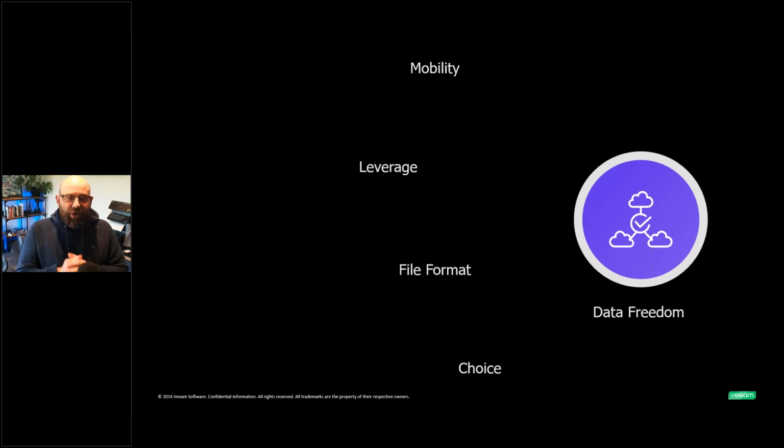And it comes down to that, what is the choice there? It comes down to people not knowing where they're going to be in a year's time from an infrastructure point of view, maybe in life, maybe in careers, but it comes down to choice. I don't know if I'm going to be on vSphere in 90 days' time or 900 days' time. I don't know if I'm going to be in the cloud. I don't know if I'm going to be here, there, or anywhere. I want to make sure that my backup that I have to keep forever because I'm in public sector, I need to make sure that I've got choice to be able to still recover that data wherever it needs to be.